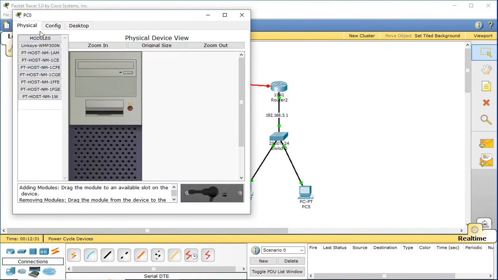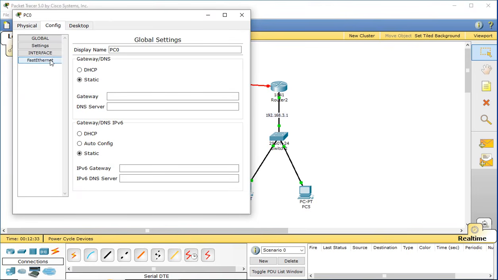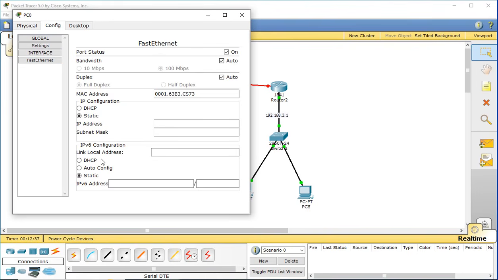So just open it, click on config, fast Ethernet, here IP address 192.168.1.2, subnet mask by default it will be assigned,